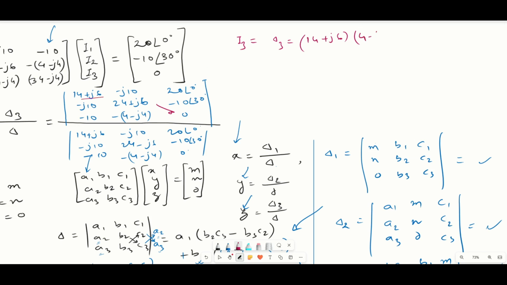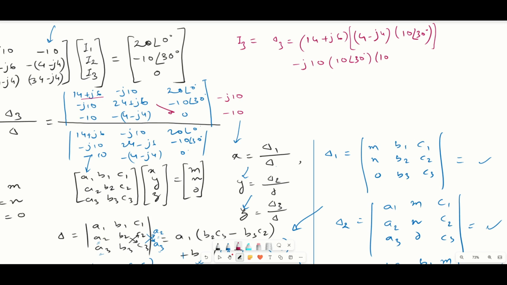It will be 4 minus j4 into 10 angle 30 degrees. Then the next term will be minus j10. So if you follow as per our discussion, this will be minus j10, then minus minus will get cancelled, so it will be 10 angle 30 degrees